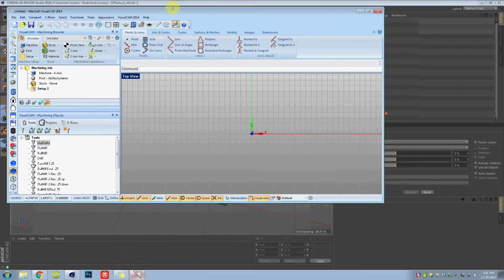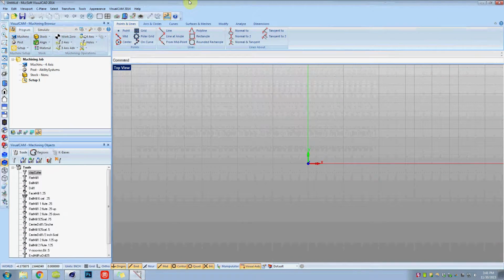We're going to go to Microsoft Visual CAD CAM. Could be 2014, could be 2015, doesn't matter. Mine's already all set up. So important thing for you is to tell it what machine you're using and what tools you're using. So before we add anything, before we do anything,